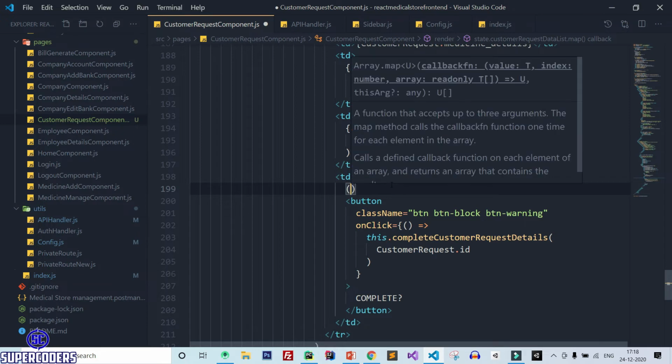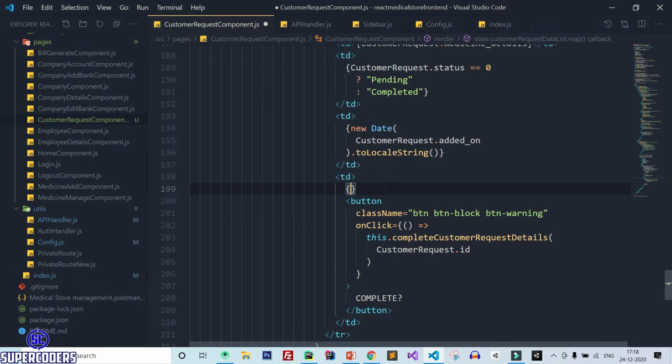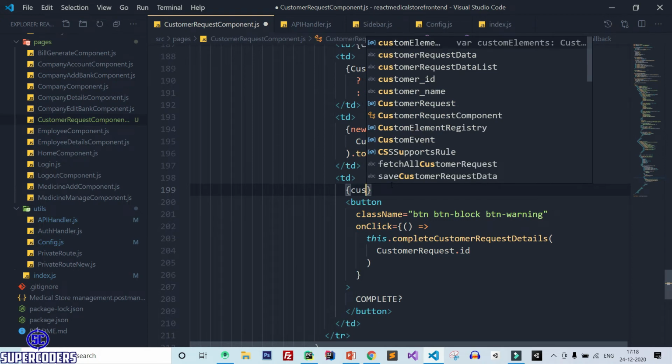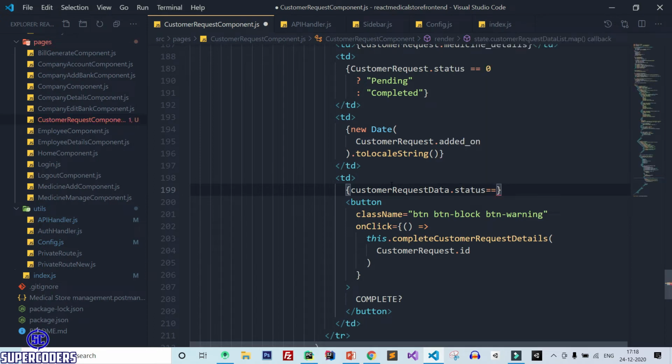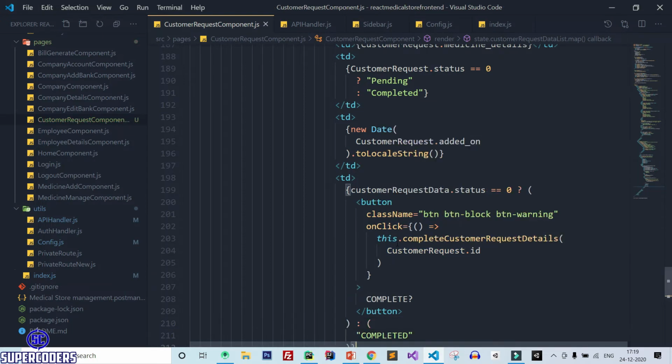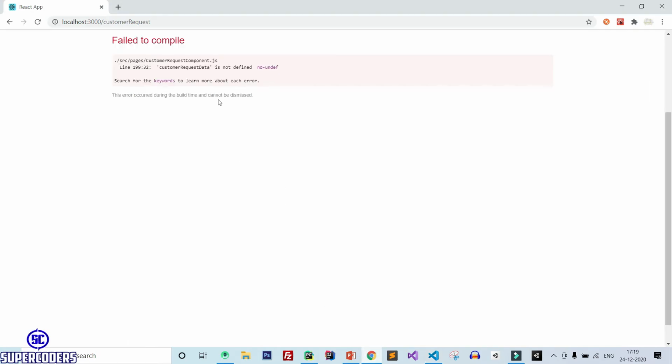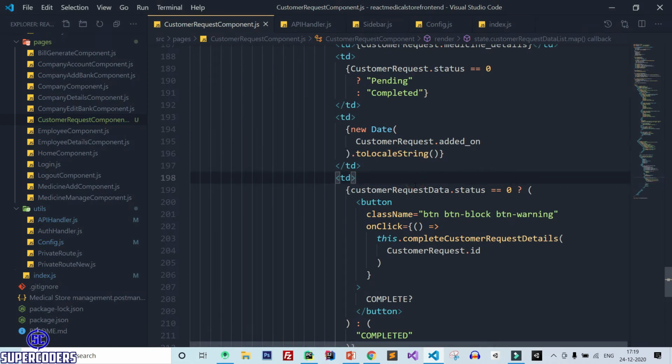Here if it is already completed, then if customer request data dot status equal to 0, then show this button, else show the completed, and close this condition. Save it, back to Chrome and customer request data is not defined, so it should be